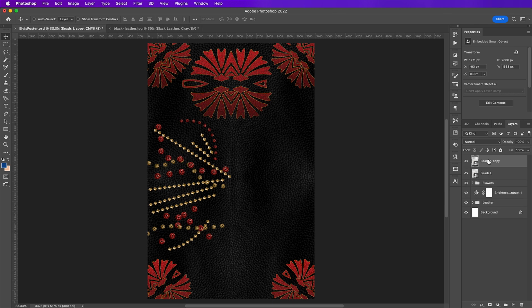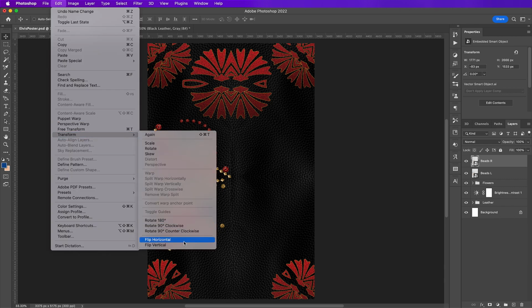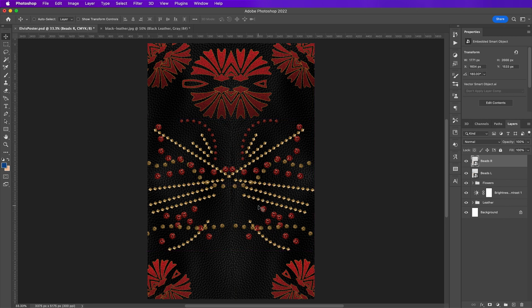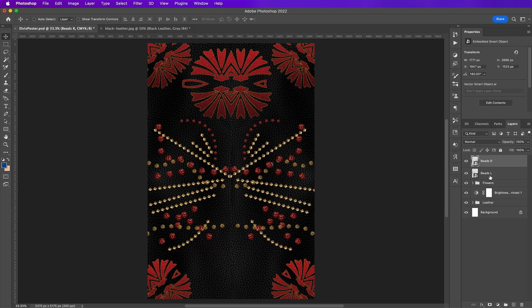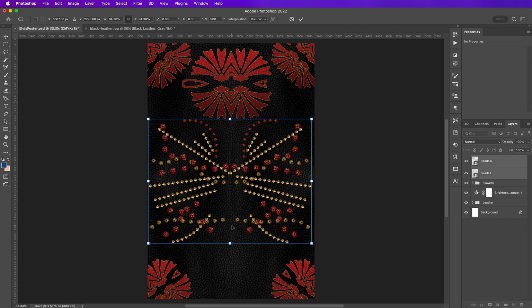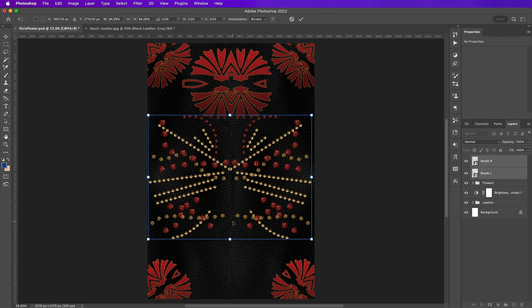Duplicate this layer. And now we're going to flip this one horizontal. And adjust it a little bit more if you need to.